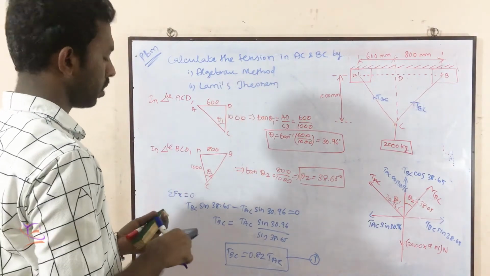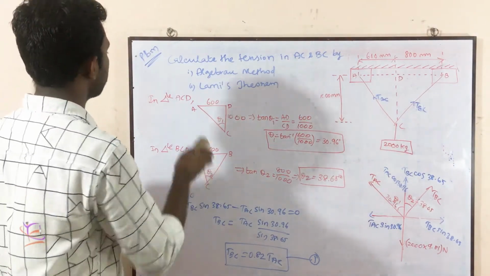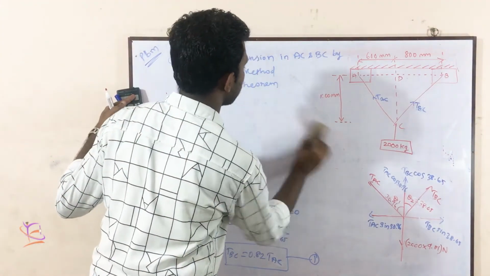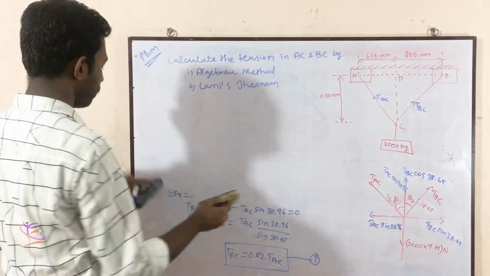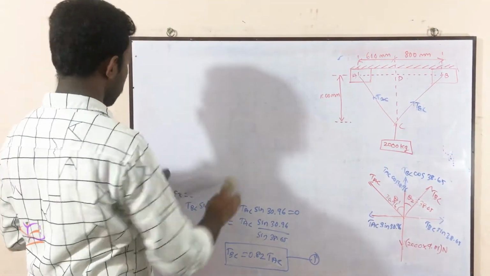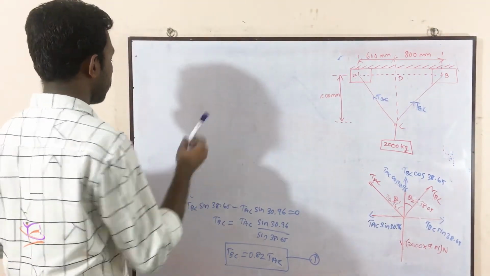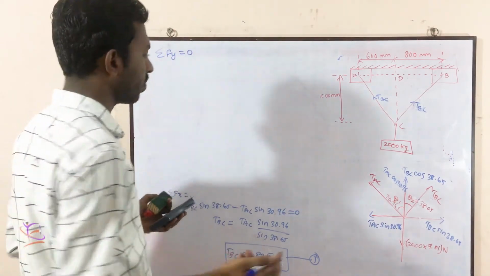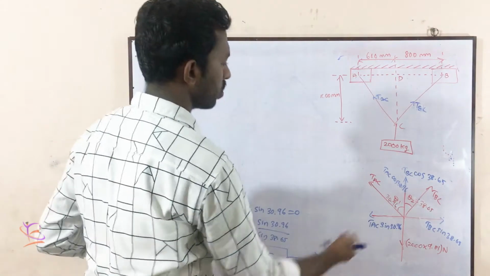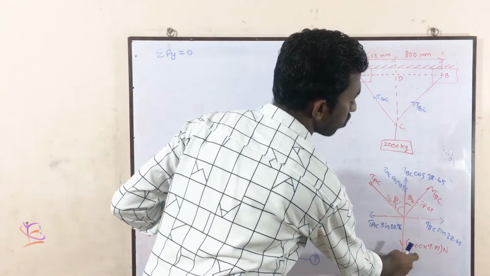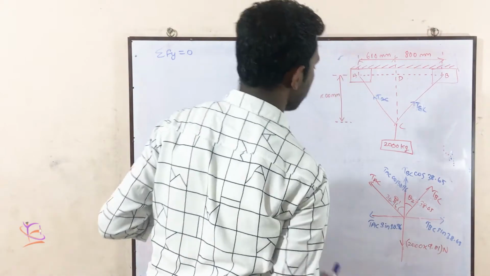Now we have to proceed for the summation Fy. I am rubbing the question also, some space we can get. Summation Fy is equal to 0. What is summation Fy? Only the vertical component. So upward direction is positive, two components are there, and downward only the self weight is there.